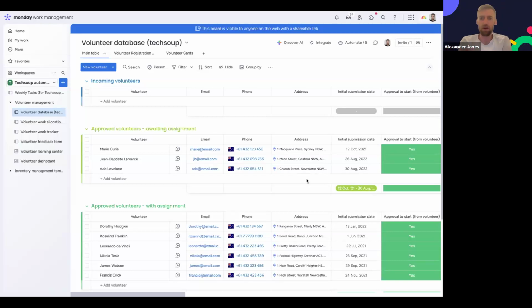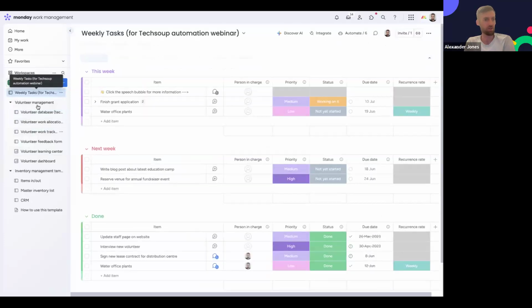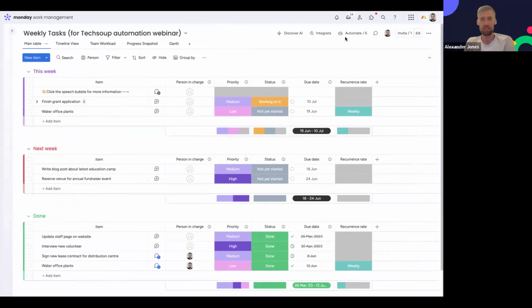Okay, Dimitri has another good one. With your example of assigning someone to a task, is it possible to make it occur on a certain basis? For example, can I assign John to water the plants every other week and assign Jane every other week in between? So if I return to my weekly tasks board,